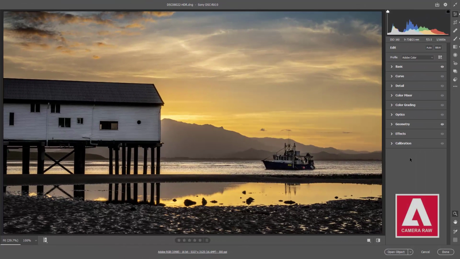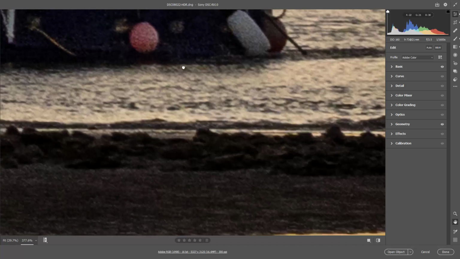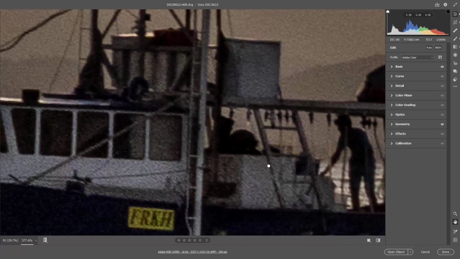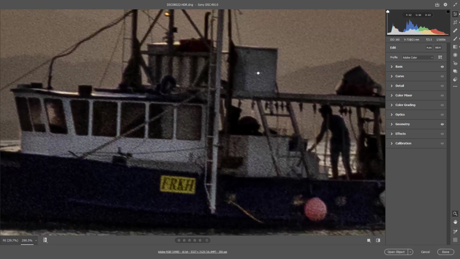Now I brought you back into Adobe Camera Raw here to the image just before we opened it into Photoshop. I was going to go through one or two derivatives, but I can see my video is getting rather lengthy here, so I want to bring it to a close. What I'd like to do is to zoom in on one section of the image and just take a look at the noise. I think that's a little bit heavy, so I'll come back down to about